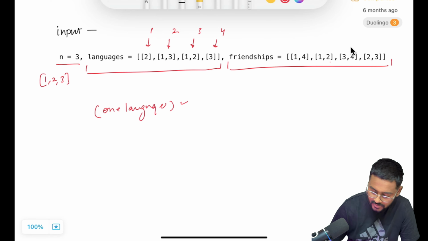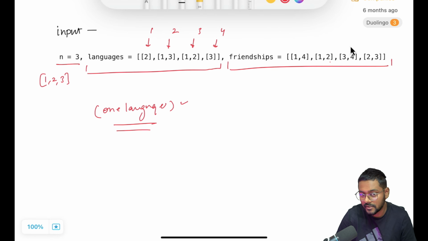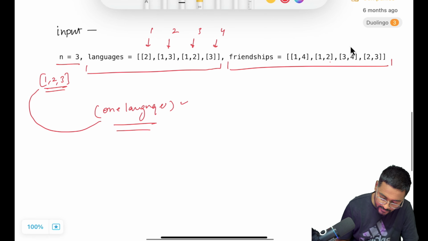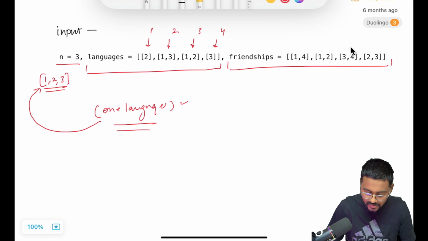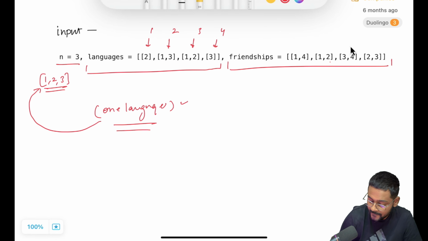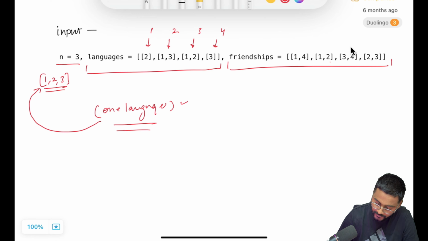Choose one language. Okay, I need to choose one language, and what are the options? These are the options. Choose one language among these options and teach this language to some users such that all of these friends are able to communicate with each other. So first of all, to move in the direction of solving this question, let's see how many users can already